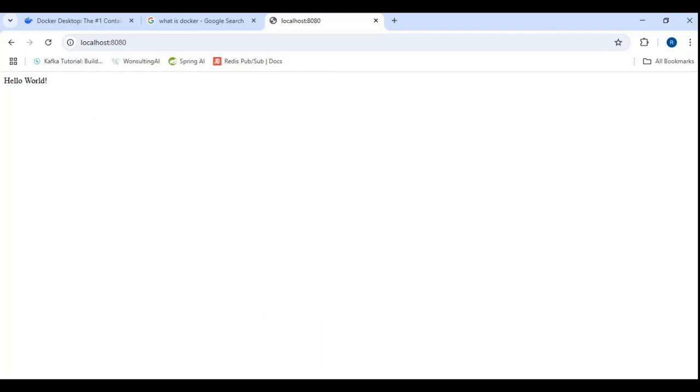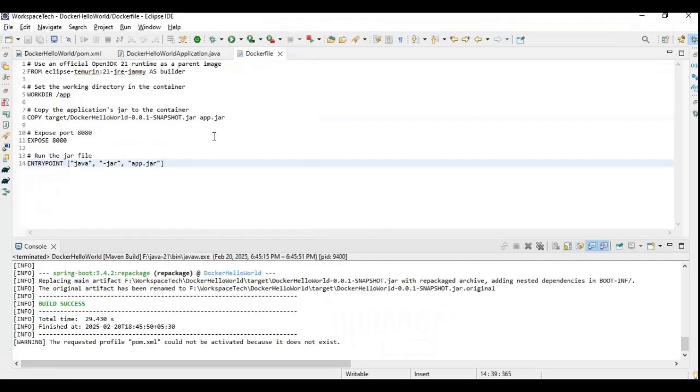So what steps we did was that we had to write a Docker file into our application with a few steps. The first step is the base image, that Java would be used as a base image for our project, right? Then we specified our working directory in the container.